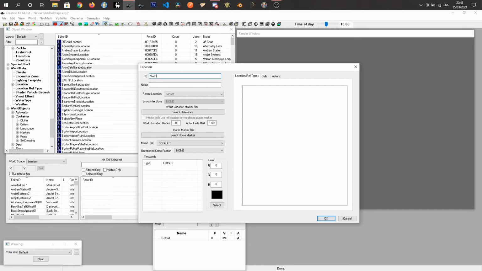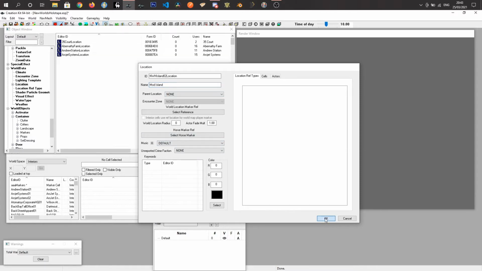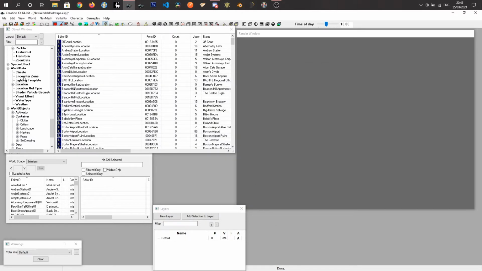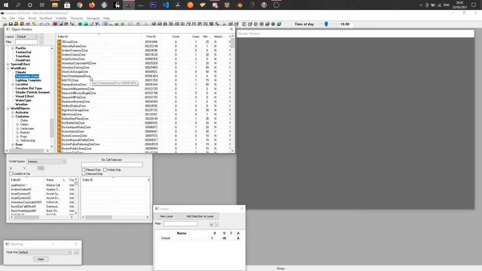So we'll just call it new world holotape island 02 location, and we'll give it a name of mod island,